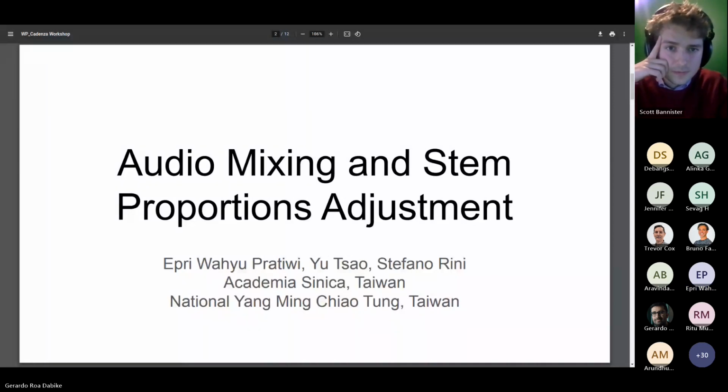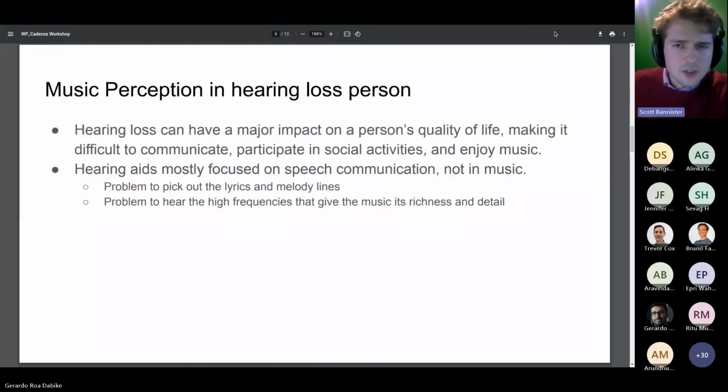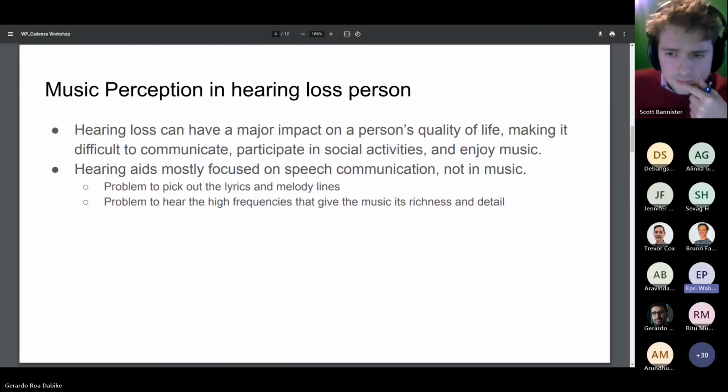Next. Kiratu, next. Maybe you can scroll it. Okay. Okay, so yeah, this is our outline. And then next. Sorry, Epri, I think we have a bit of noise online. Yeah, so actually, I'm outside. I'm not in the office. So I'm quite hard to find a quiet place. So okay.